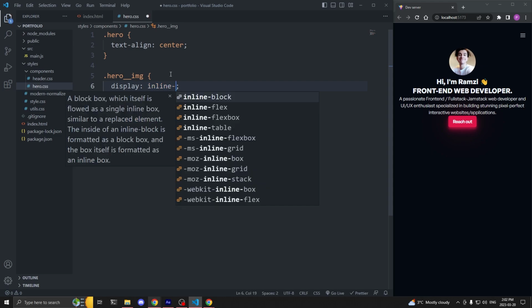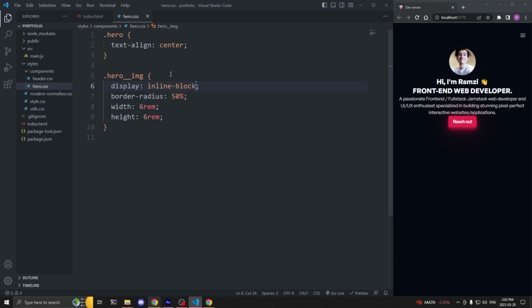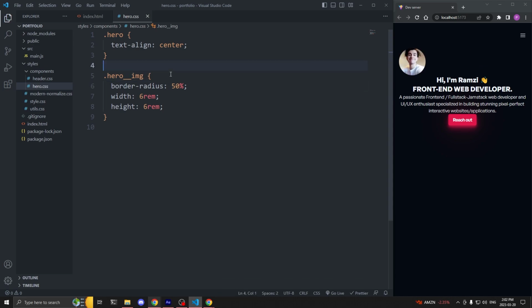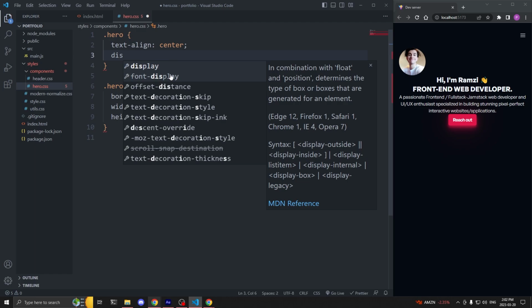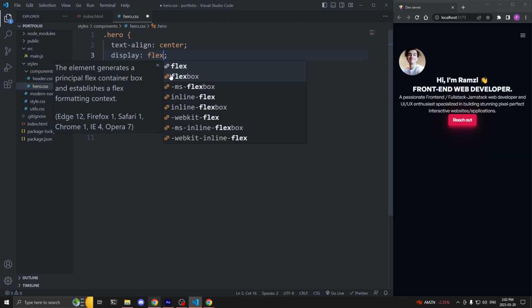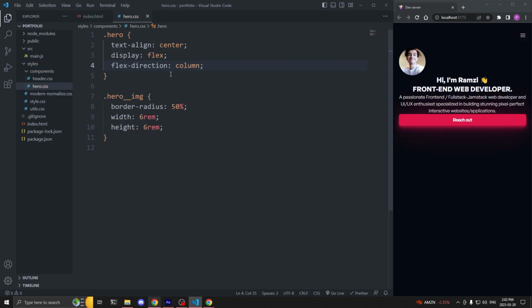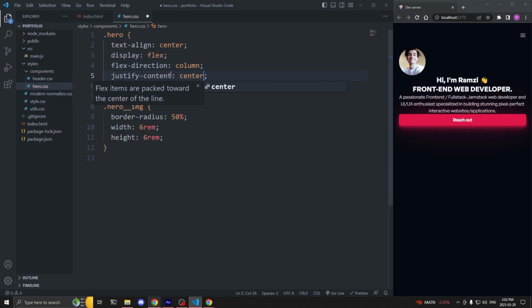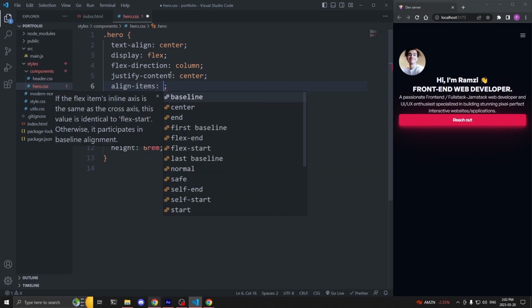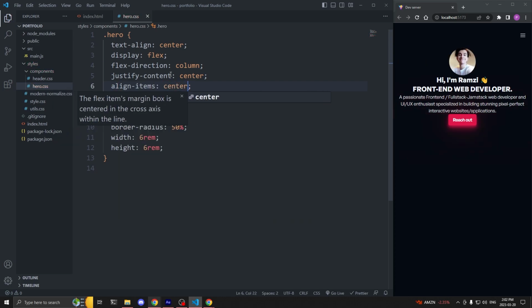I could also give it a display of inline block, and this works the same. Another solution is instead of changing the display on our image, we can use Flexbox in our hero section. I'll give the hero section a display of flex, a flex direction of column, a justify content of center, and an align items of center. We see our image is now centered,